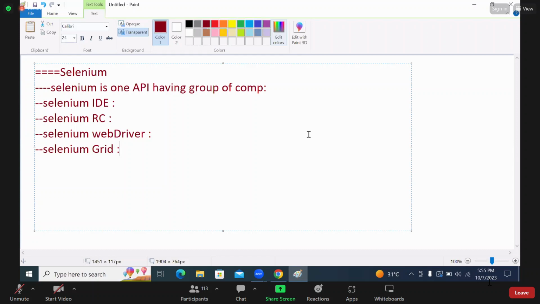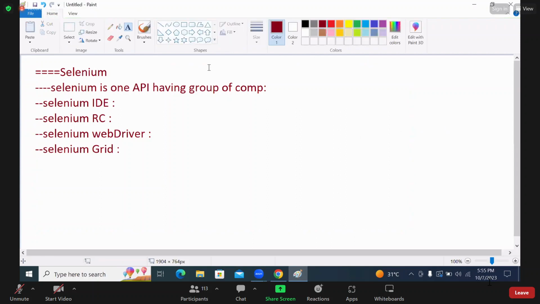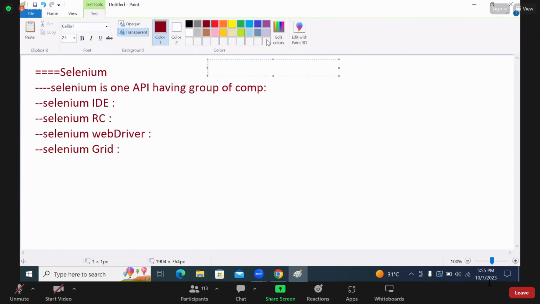Okay, in that, if I'm taking with Selenium IDE,